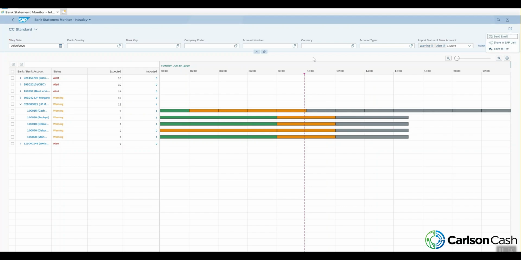And one thing I wanted to highlight is at the top of the screen, we can change that information. Those are just our filters to understand if we only want to look at data by certain accounts, certain bank keys, stuff like that. As you can see, this is a very useful app that we can use to understand if our current day information is up to date in the system.